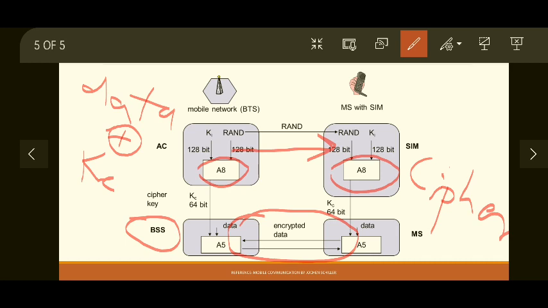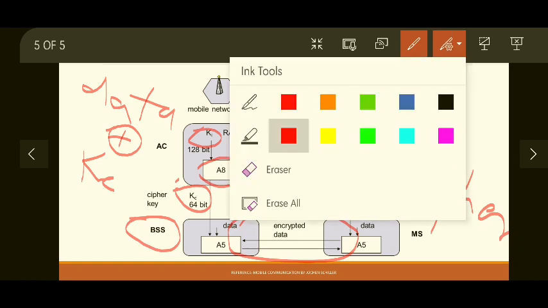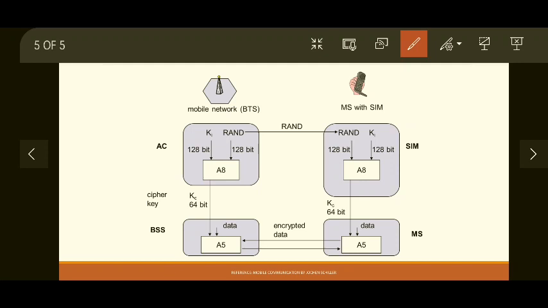Since the mobile network and SIM card both are using the same authentication key, their cipher key will also be the same. And that's why the encryption applied by the BSS and the encryption applied by the mobile station will match.